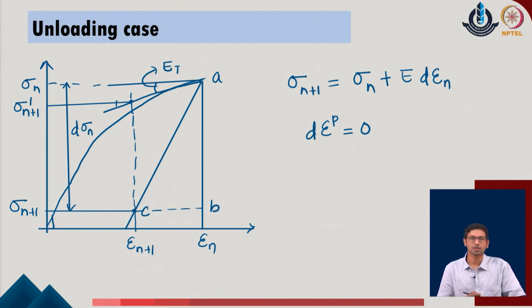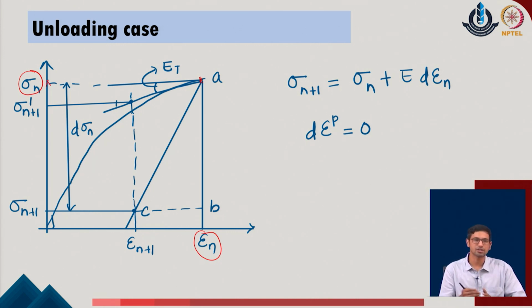Finally, there is the third case in which also we need to make the consideration for the corrections, and that is the case when the unloading occurs in the given problem. So, as a simplistic case, we start with the given profile of the loading, we go up to a certain point, say the point A over here, and at this point the initial stress level is defined as sigma n, corresponding to which the strain is also identified as epsilon n. Now, at this point the user wants to make a small change in the strain parameter. So, let us do it with the unloading parameter.